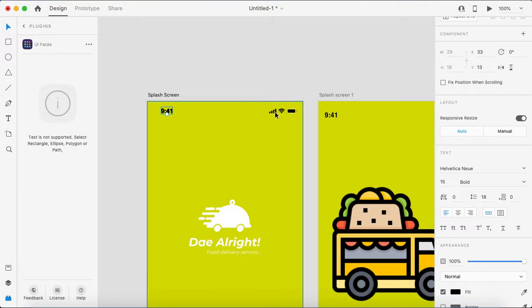It just gives the general idea of how it looks behind the time top bar, because generally it's black color, but if you make it like that, then it will show the time bar and the battery symbol and everything. So the developer can make the design accordingly, and if you don't show it, that is also fine. Nothing is wrong. Both are correct. We are just giving them the actual, real feeling.